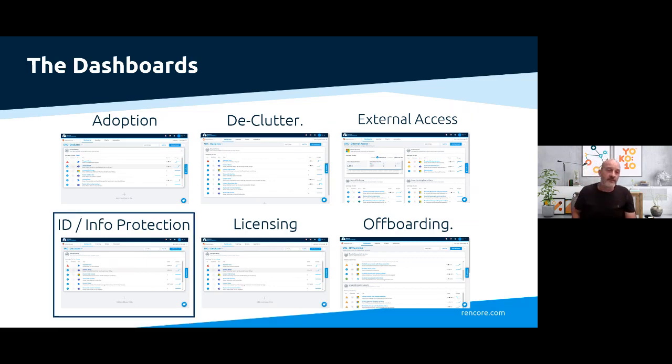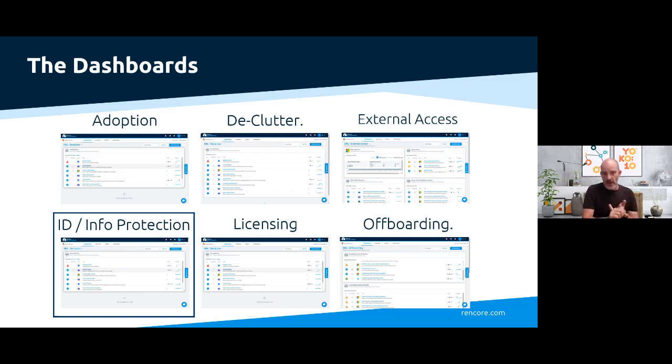We then have the identity and information protection. So we're looking here at, well, one of the key things is looking for active accounts which don't have an enterprise mobility and security license. Because if an account has been created and it doesn't have that license assigned, it's potentially not got that extra security wrapper which SRG require to both protect the identity and then protect the data on devices, both corporate and BYOD that they might be using.